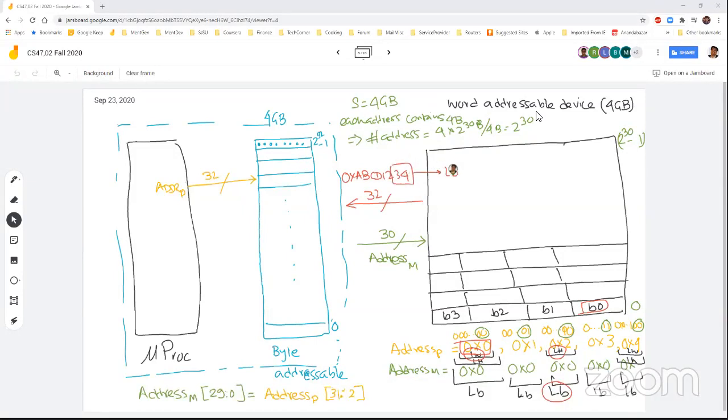Load byte unsigned. If it is load byte signed, then it will basically sign extend this 8-bit into 32-bit and load it. And load byte unsigned will pick up this byte and prepend with 0. That is, 0 extension will happen there. Now, if it is a half word from the address 0, what it will do is pick up this half word,